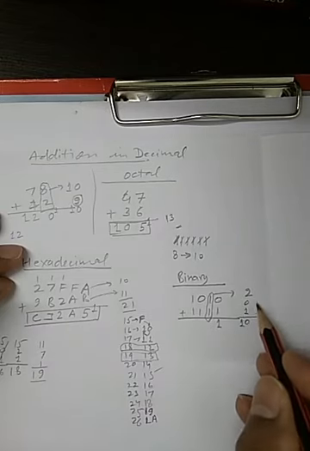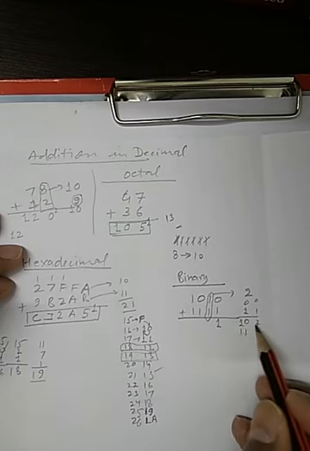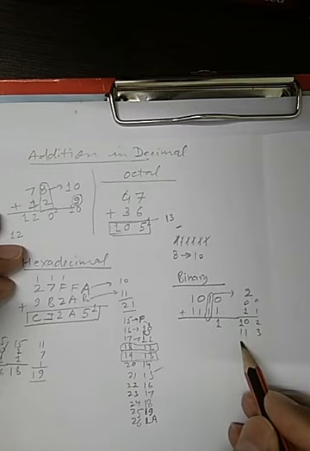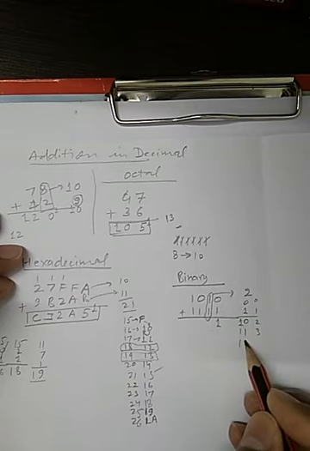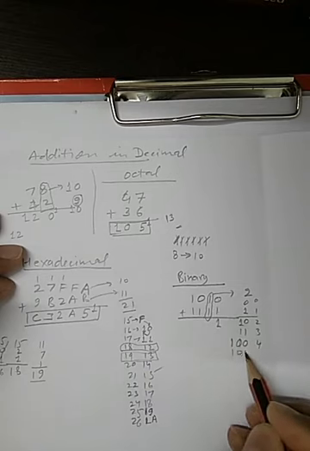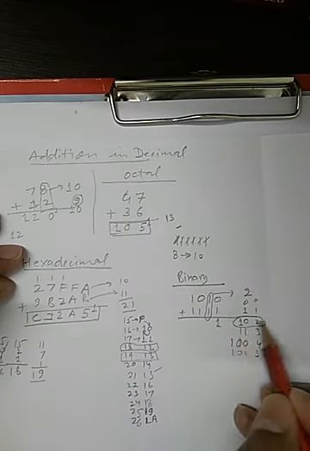So the value of 2 is 1, 0. Then again I will increase: 1, then 1 0, 1 1. Again this becomes 0, this also becomes 0, then 1. It is 4. Then 1, 0, 1 is 5. So in this way, 1 plus 1 is 2, and 2 is represented as 1, 0.